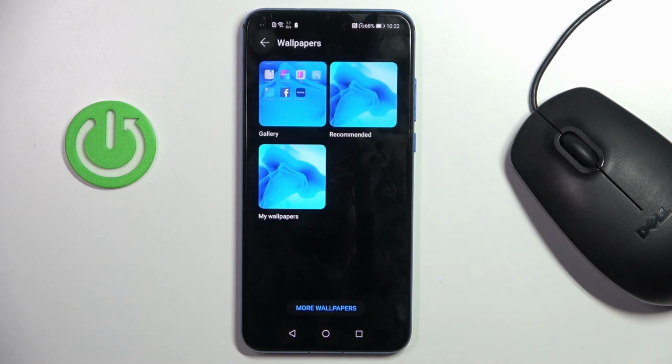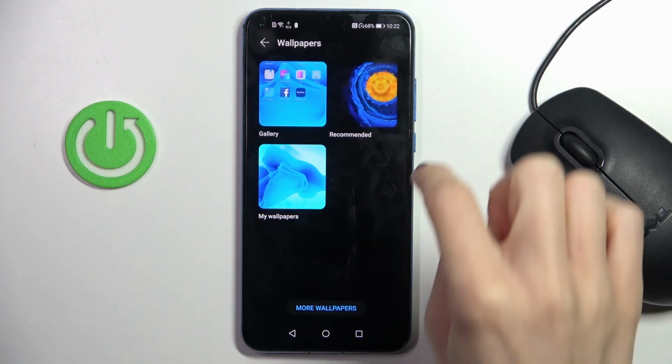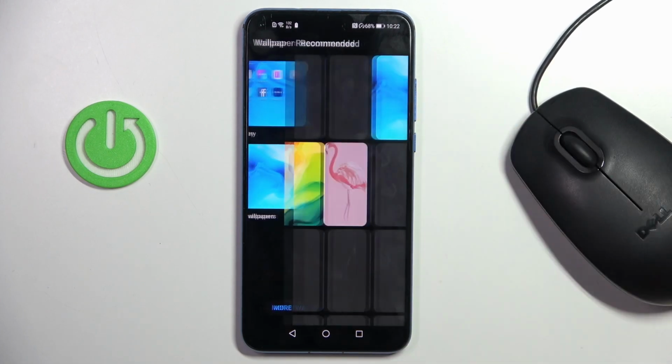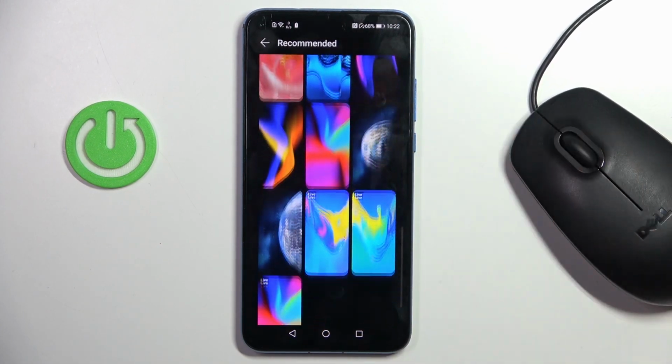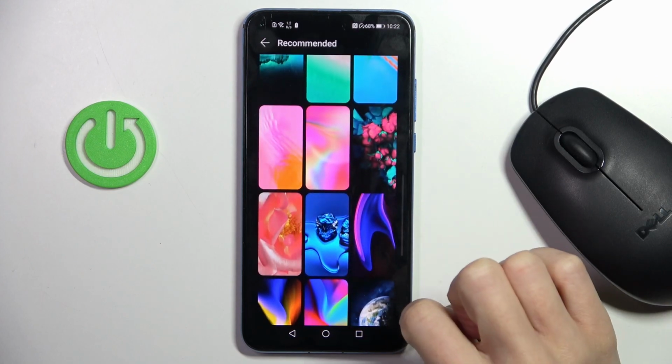Now choose the source from which you want to pick your wallpaper. It can be something from your gallery, one from recommended wallpapers, my wallpapers album, or more wallpapers here. You can download some more wallpapers from the online store. Let me choose one from recommended, for example